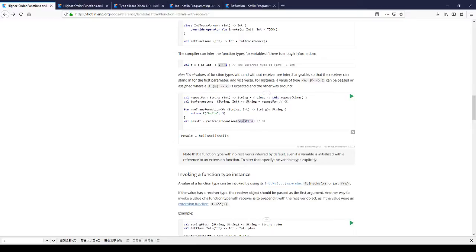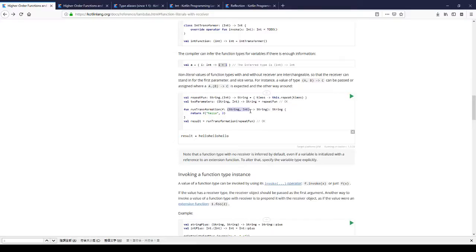So we call that repeat function, which can be used just like a string.int parameter, can also be used as